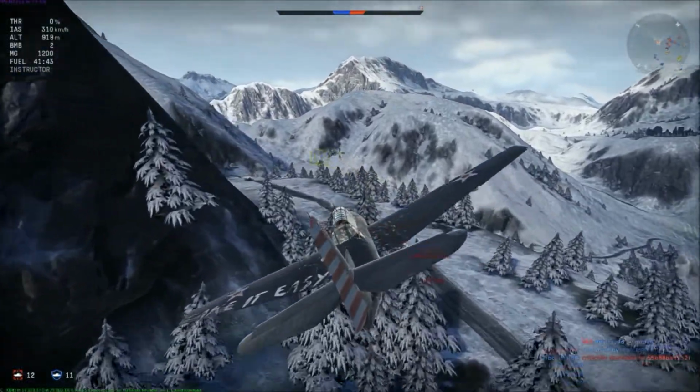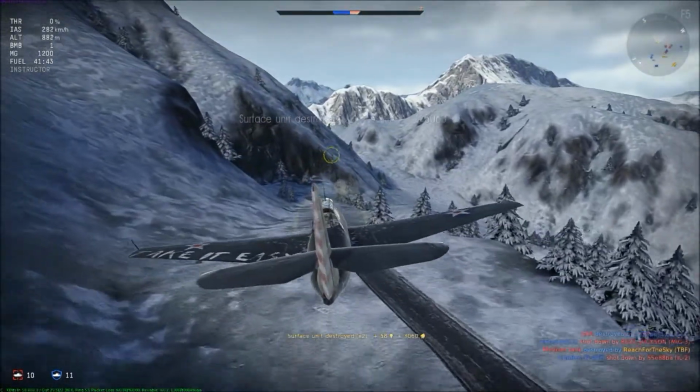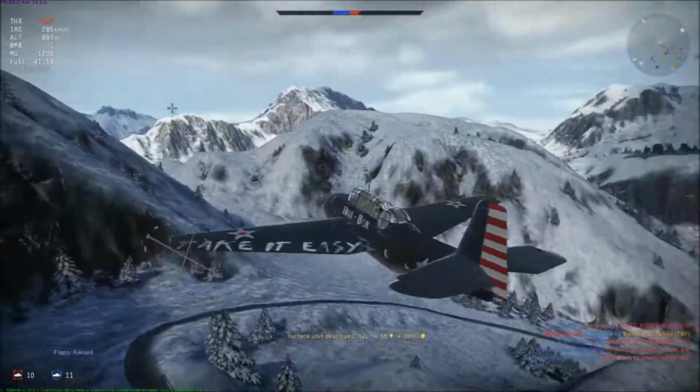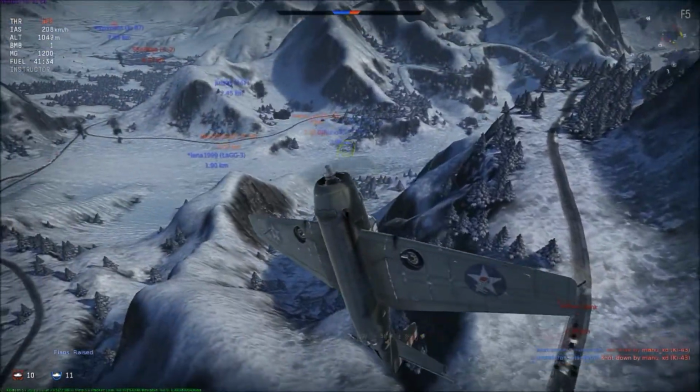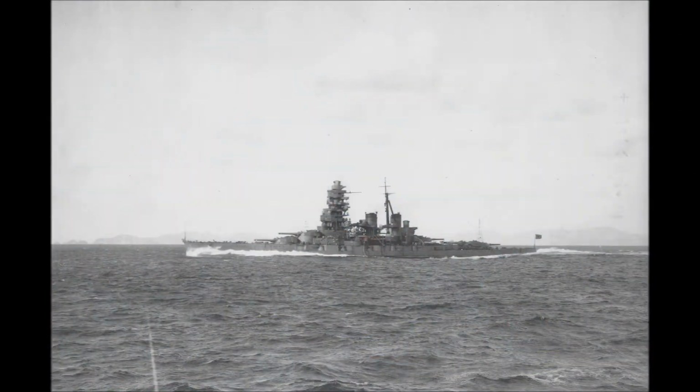The first major achievement of the Avenger occurred in November 1942, when TBF sank the crippled battleship Hiei in the Battle of Guadalcanal. The day before, Hiei had been battered by B-17s and was left crawling along at 5 knots, leaking oil. The next day, the Avengers delivered the coup de grace, striking her twice with torpedoes. Shortly after, the captain gave the order to abandon ship, and the Hiei was scuttled, becoming the first Japanese battleship